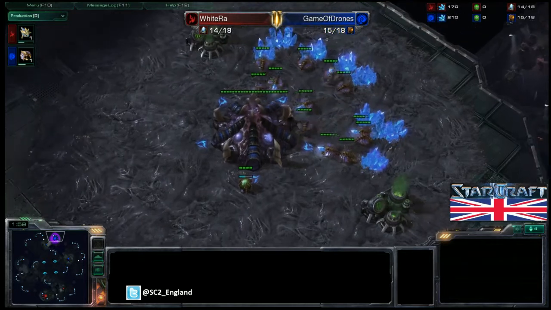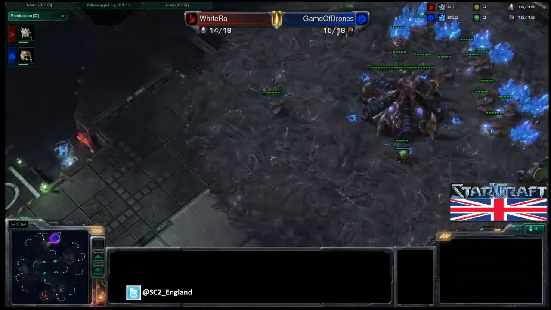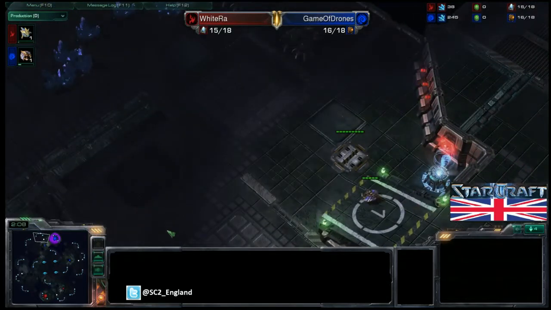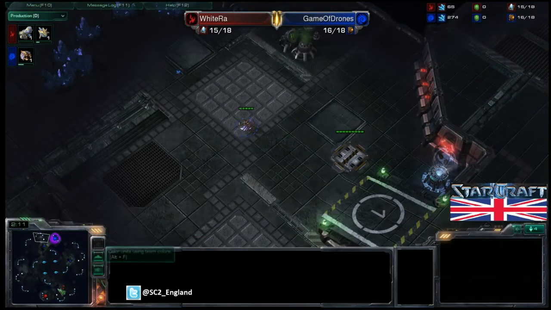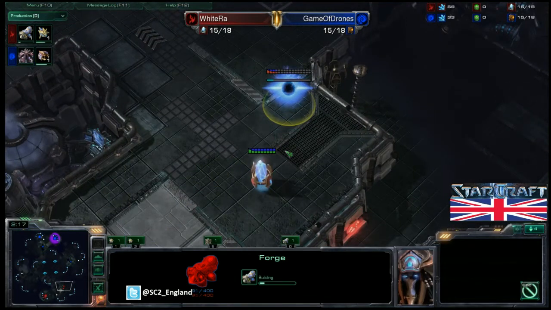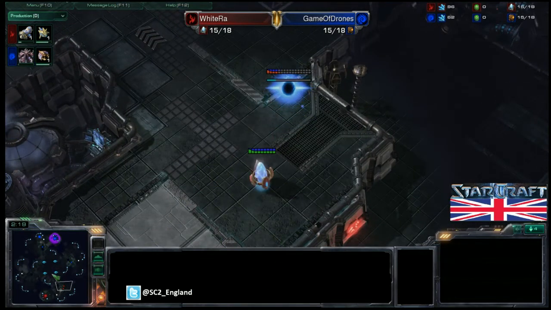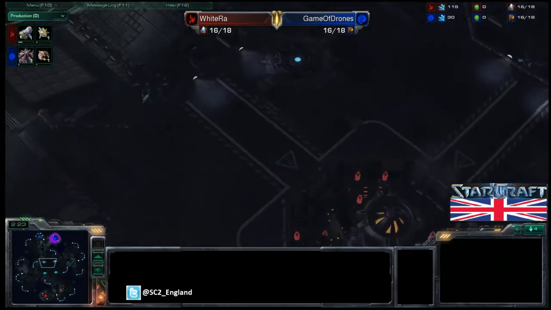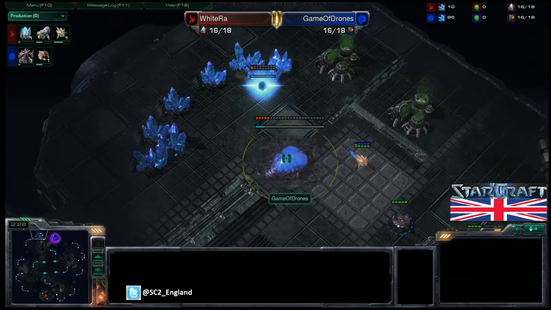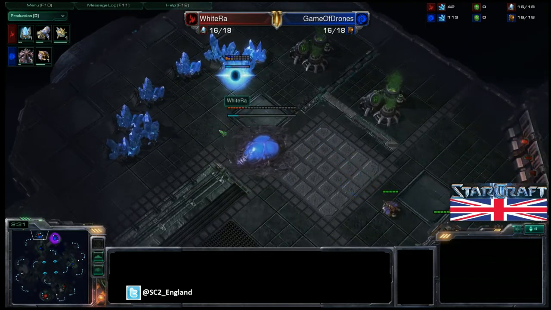And TLO is not actually going for the... He's going to go for the hatch first, so he did have some success with this earlier, purely because WhiteRa hasn't actually been favouring the forge first, although this map he is going for that forge. And obviously the run distance between these two players is actually huge. This map is massive, and this is exactly why you don't go for the hatch first, because this pylon comes down,